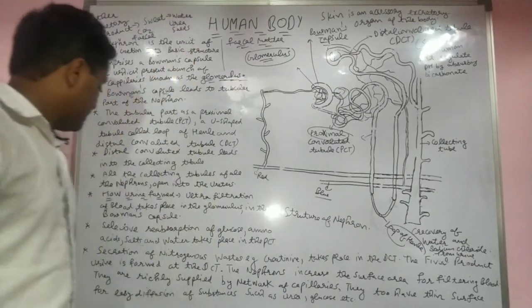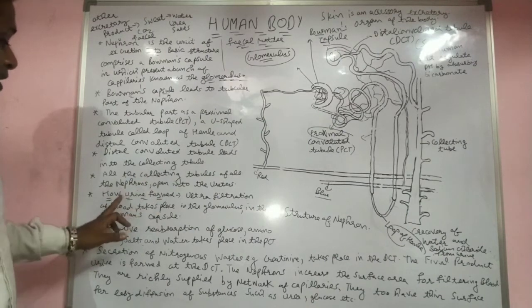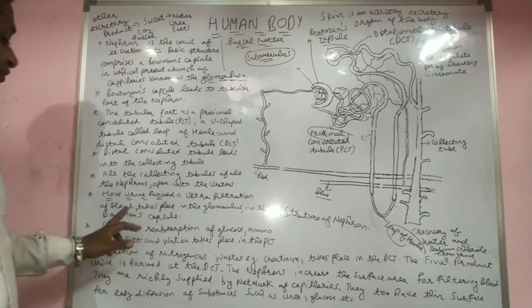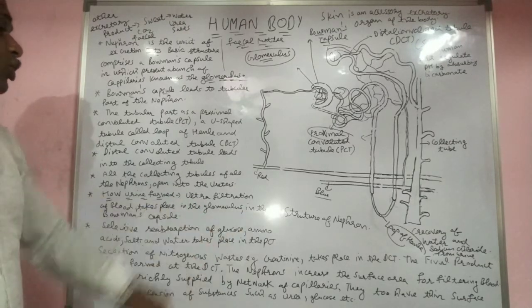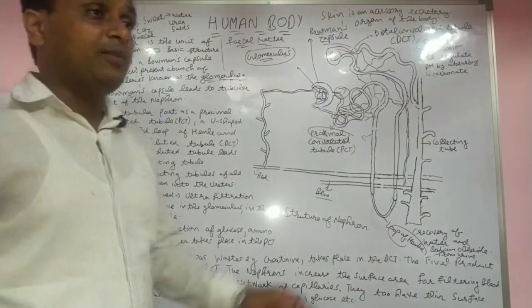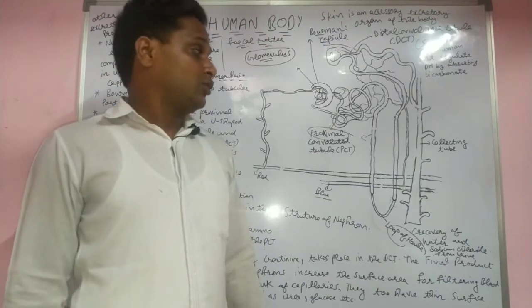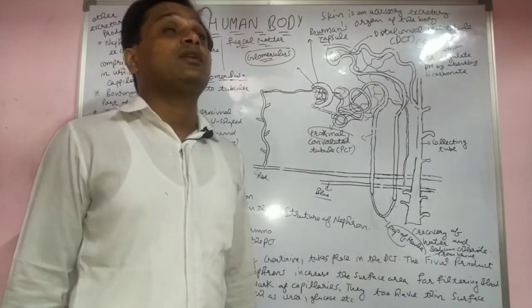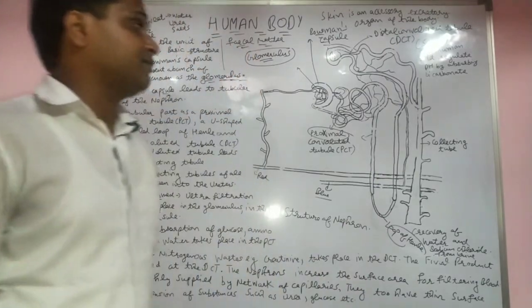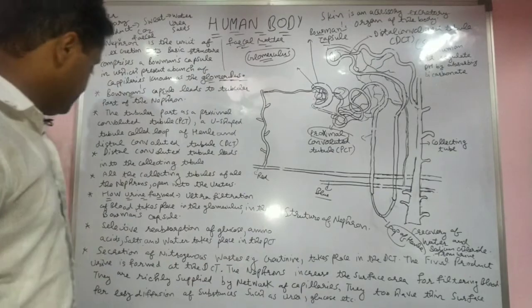Next, I have already told you how urine forms. Now see, ultrafiltration of blood takes place in the glomerulus in the Bowman capsule. Ultra means very high power filtration takes place in that Bowman capsule. So millions of nephrons are there in the kidney, and it is a very important part of our life to remove toxic substances from our body.